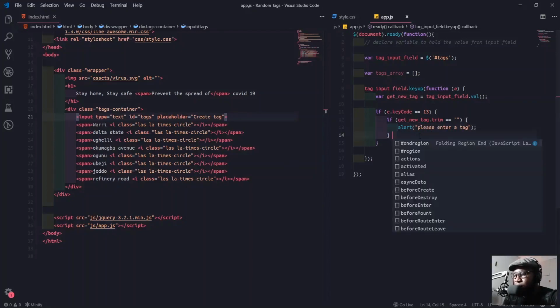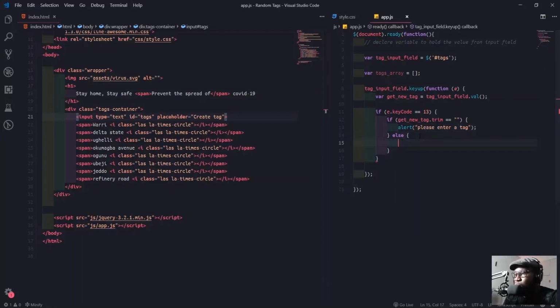But if it's not empty, then we'll add the tag to the array we created, which is this tag array. To add that, we'll say tag array dot push, and push the get new tag inside.